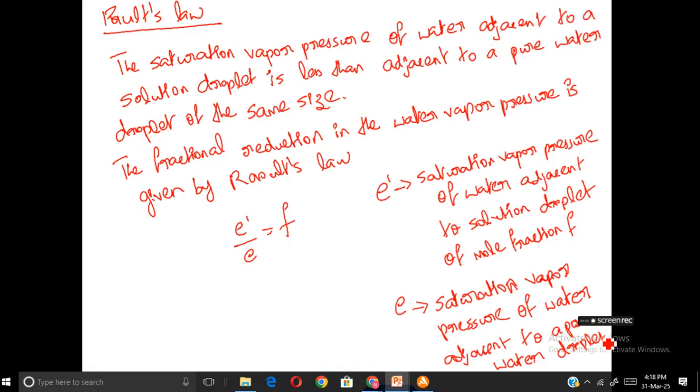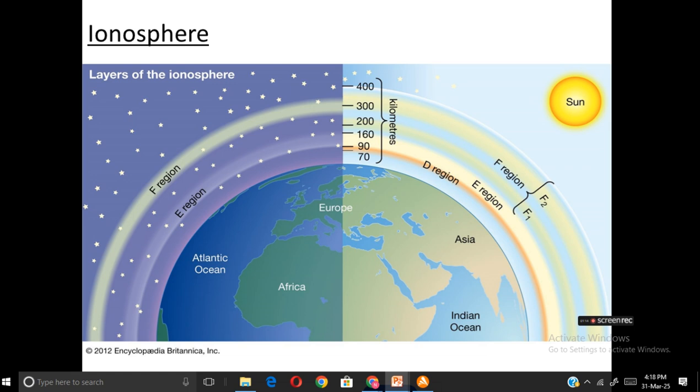So here we are comparing the saturation vapor pressure of the solution droplet with the saturation vapor pressure of a pure water droplet. What if the CCN didn't dissolve in the water? In that case, what will be the saturation vapor pressure? That reduction is basically equal to the mole fraction of the solution droplet. So that's what Raoult's law says. So the mole fraction